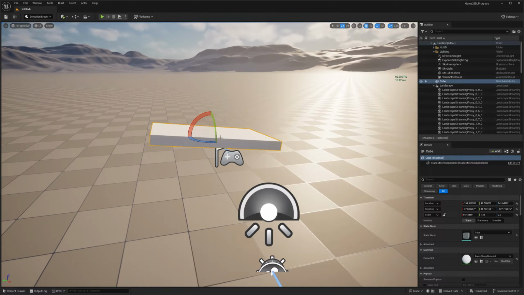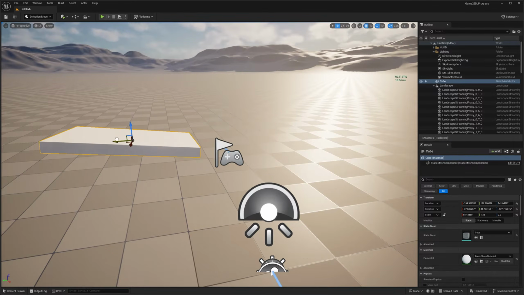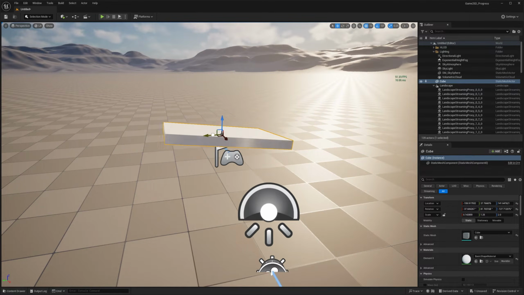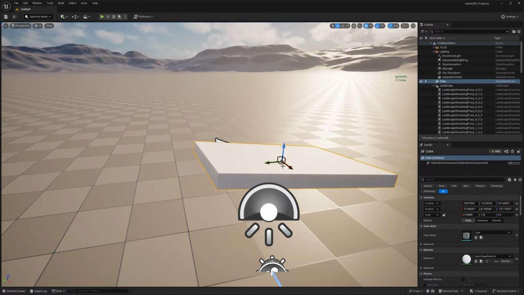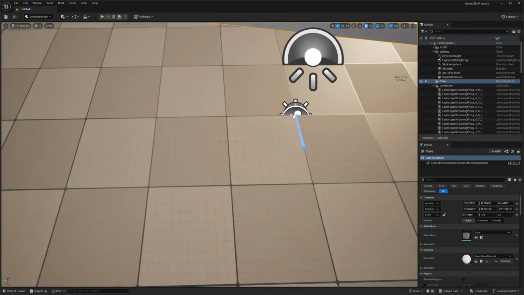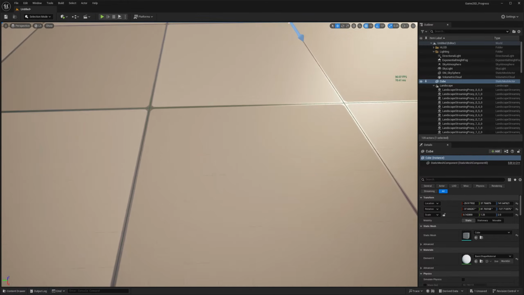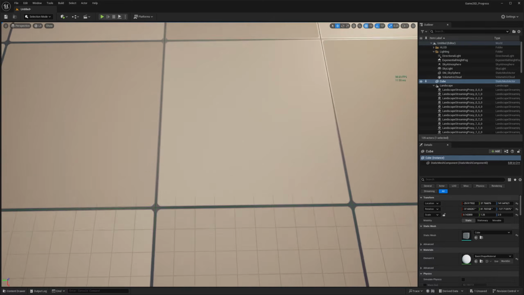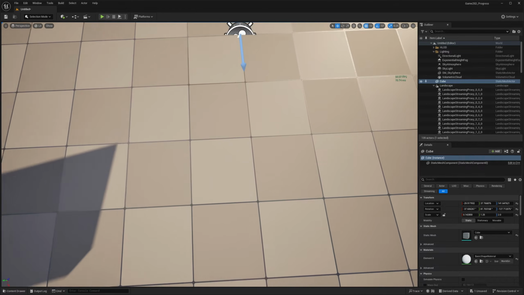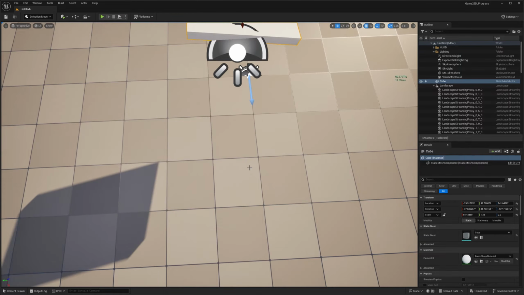So let's say I want to move this, but I don't want to be moving in these jumps. Notice that we have a grid here that has a 10. 10 is essentially 10 centimeters. Unreal units are centimeters, so every time you see a number here, that's in centimeters. As a matter of fact, if you look down, you can actually see the grid here. If you count, it's 10 by 10, which means 1 meter by 1 meter. The default size of the object in this grid is 1 meter by 1 meter.